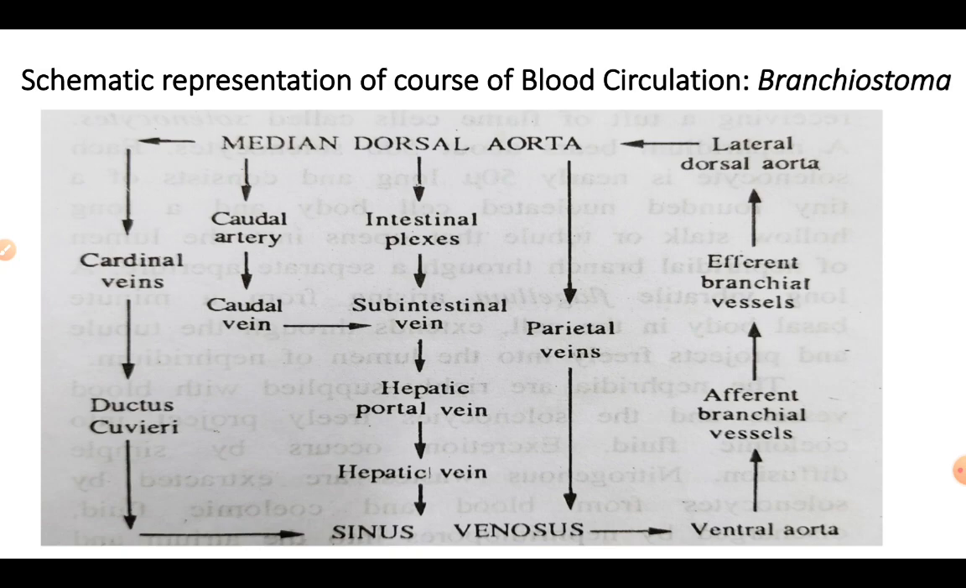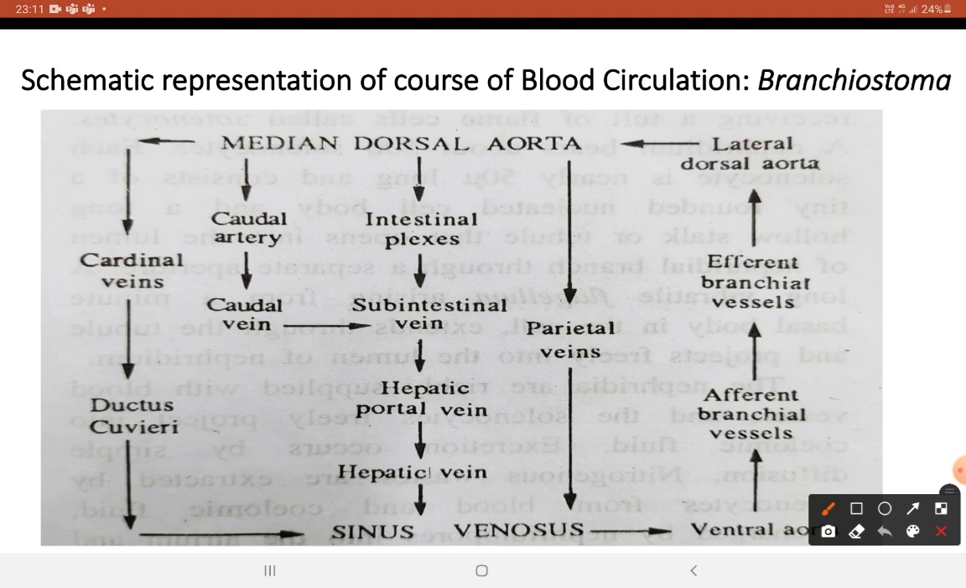Now this is just a schematic representation of a course of blood circulation in branchiostoma. This will help you to summarize the blood flow in amphioxus. So this is what we have learned so far. See, from sinus venosus the blood flows to the heart, and the blood is pushed to the ventral aorta, from the ventral aorta to the afferent branchial vessels,